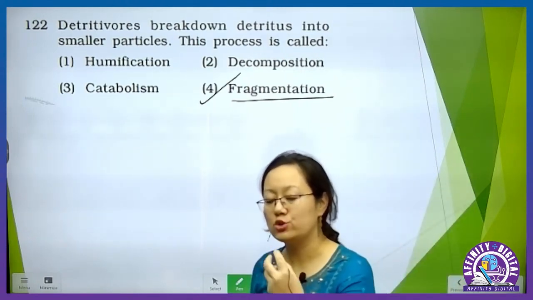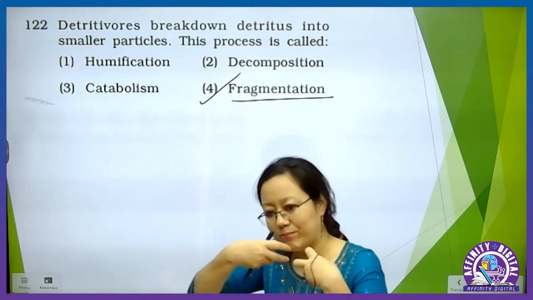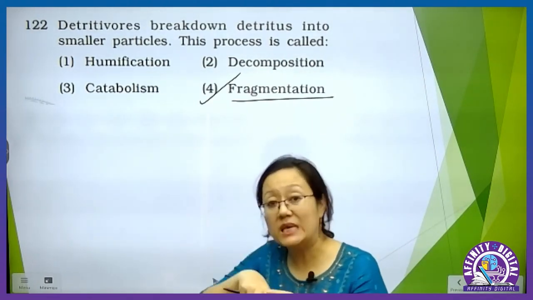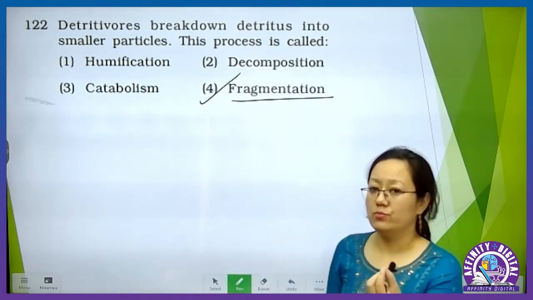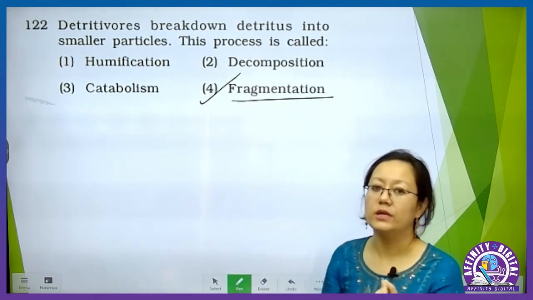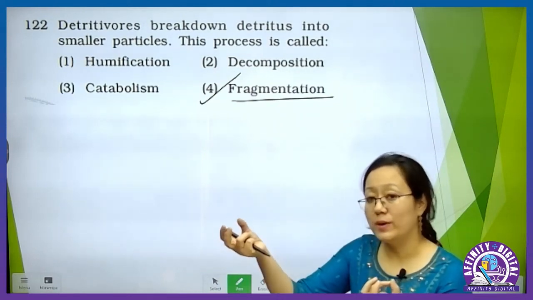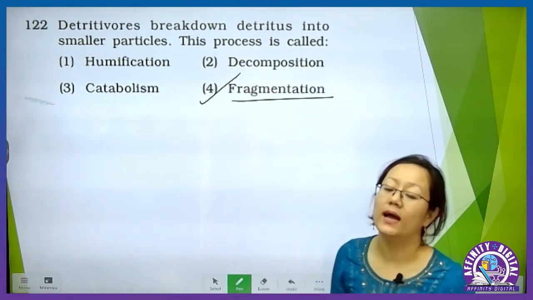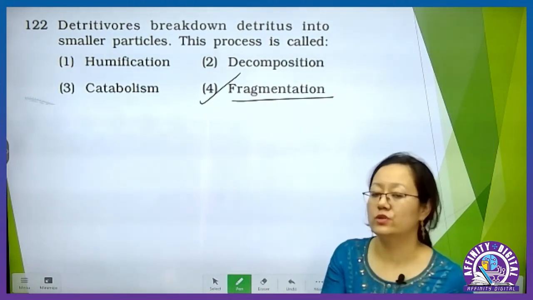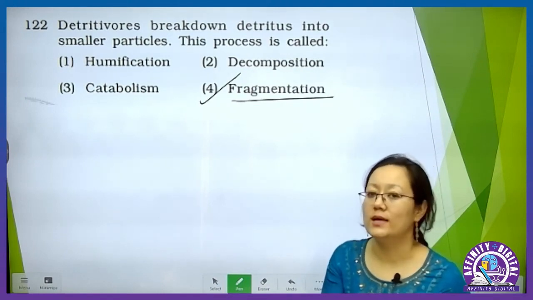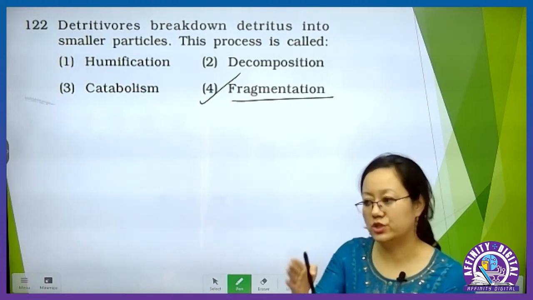They eat it, they consume it, and inside their body the dead component is digested and comes out in their fecal matter. When it passes out of the body, it is in a pulverized state, where it will be acted upon by the bacteria and the fungus. So the first role in decomposition is done by the earthworm, which are detritivores. That process is called fragmentation, and the second role will be done by the decomposers, which are actually